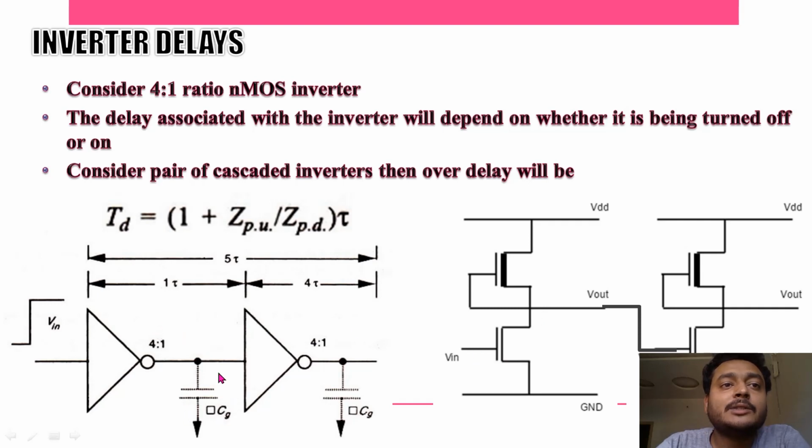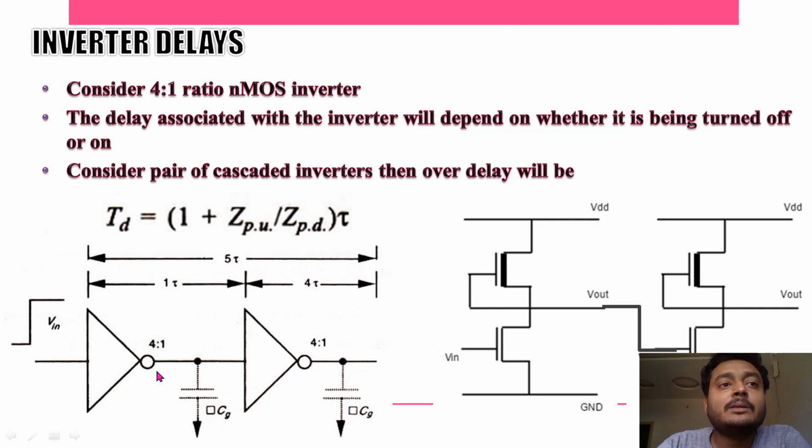Similarly, you can see here, what is the capacitance you are giving here? It's only one terminal, because this inverter is driving another inverter, and from this node, if you see what is the capacitance associated here, it's only from one gate capacitance. So let's say unit size, we can say standard capacitances. So this will be seeing your standard unit of gate capacitance, CG here. Okay, so what will be the delay here?